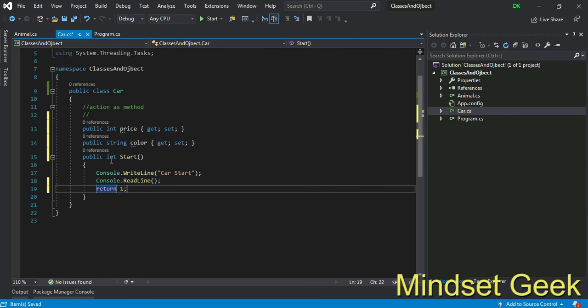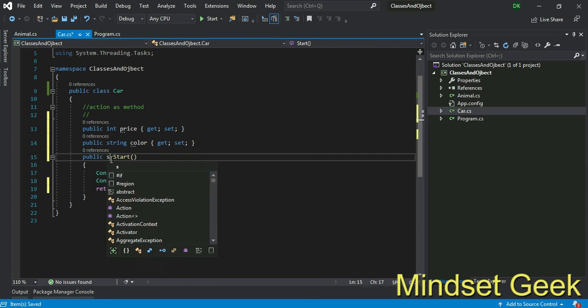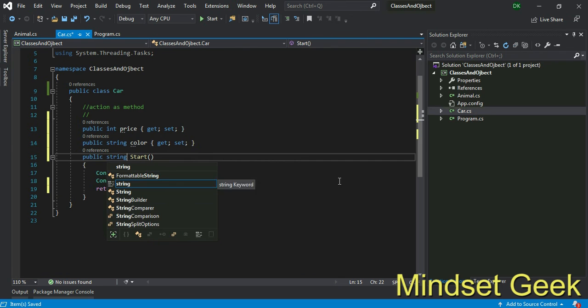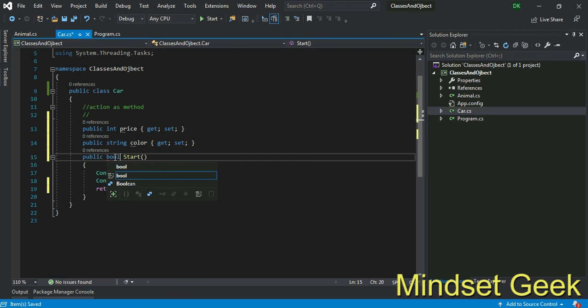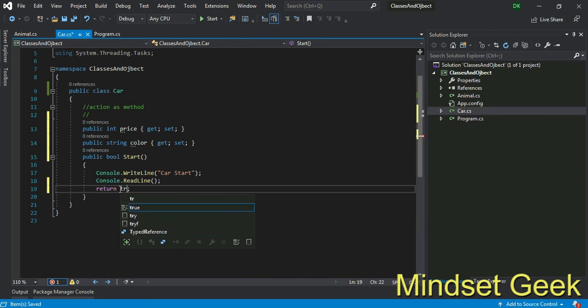Integer, this way. Think about this being string type. You must return something of string type, right? If you keep bool type, you must return true or false, right?